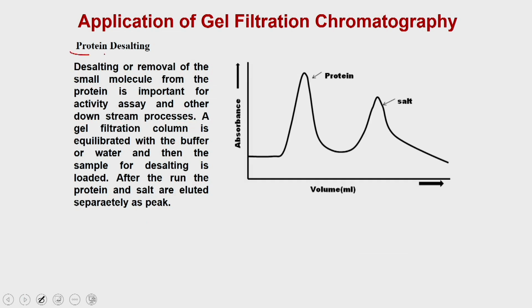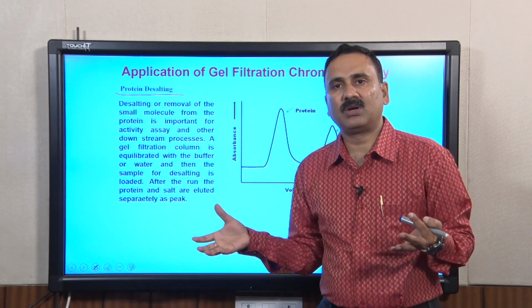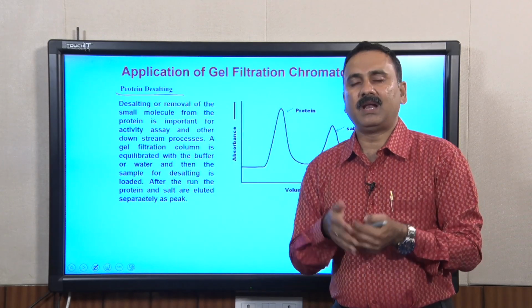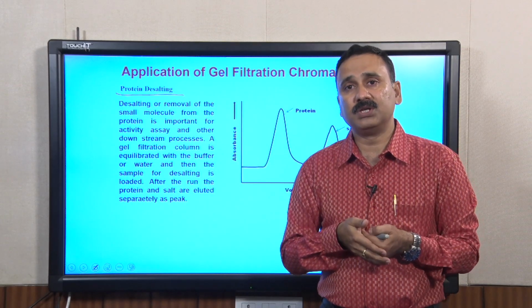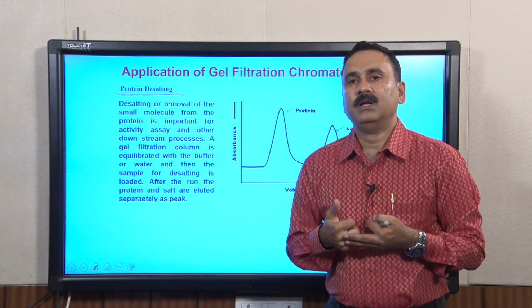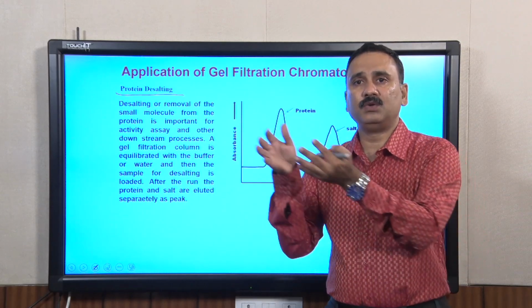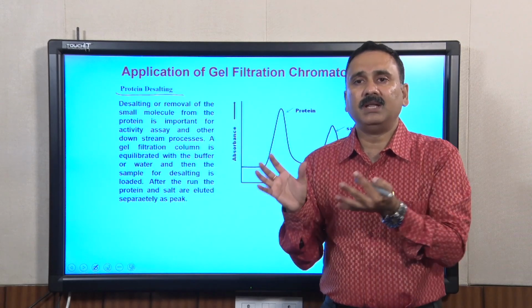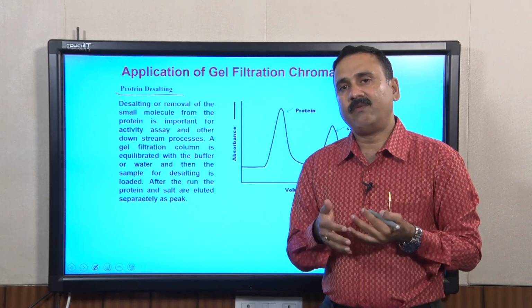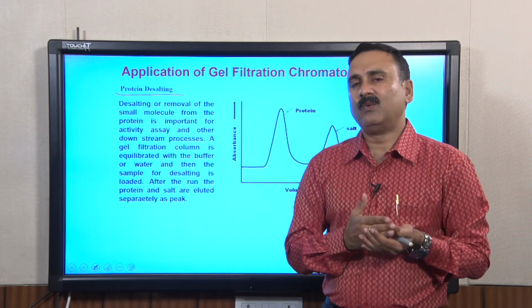The protein you can also use for protein desalting. So, you know that sometimes the protein is purified by, for example, ion exchange chromatography, where you are putting a lot of salt, and that salt is used for elution. Now, if in a subsequent step, suppose you would like to do the enzymatic reaction and that salt is going to interfere, or suppose you want to use this protein for any other application and this salt is going to interfere in your analysis, then you have to remove this salt,